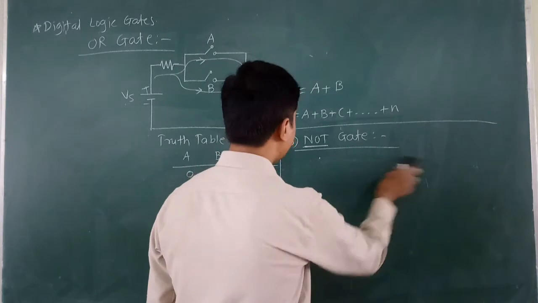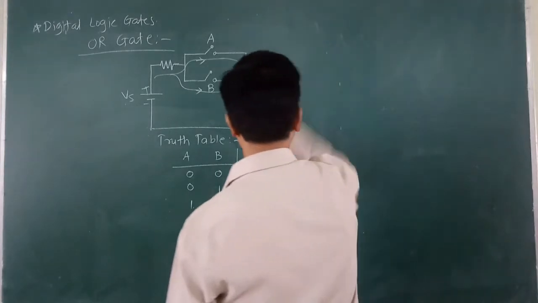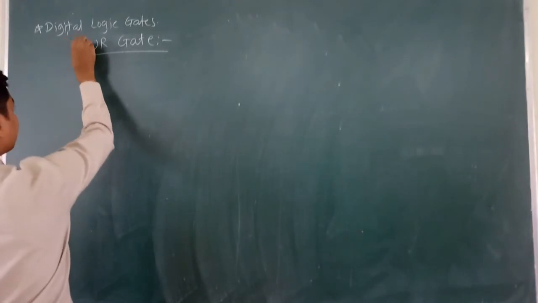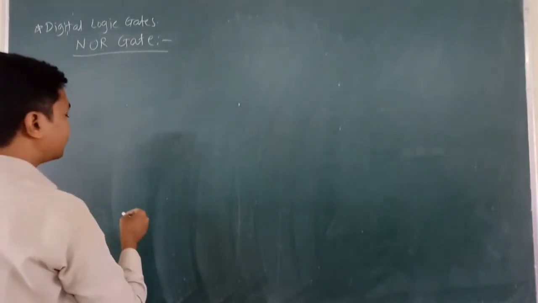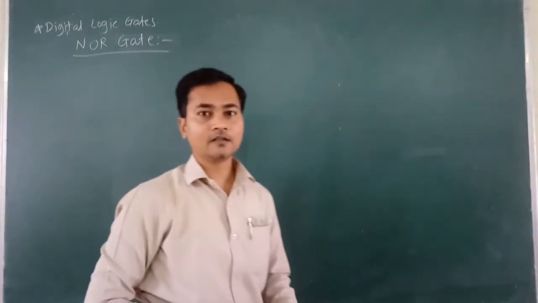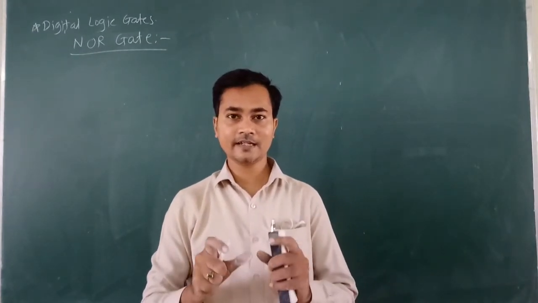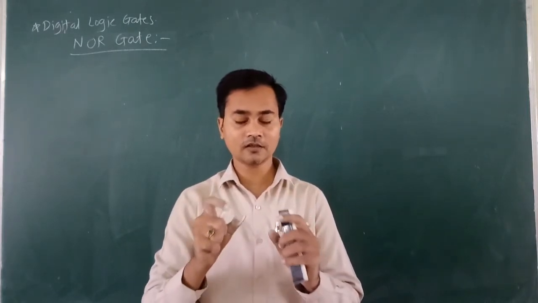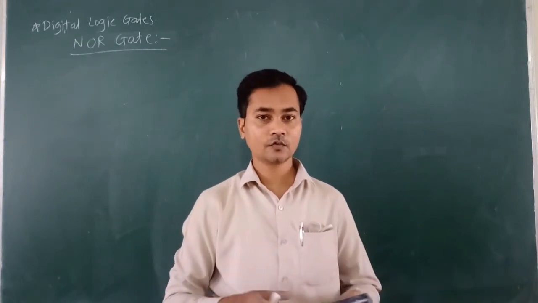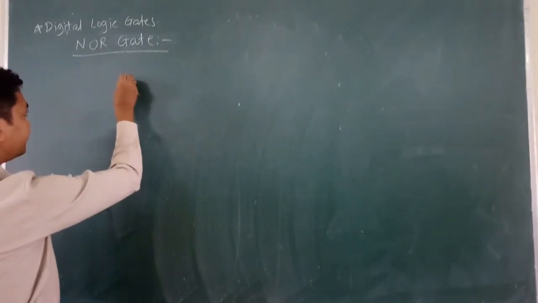So let's see the fourth gate, that is NOR gate. We have already seen the OR gate, and what I told you is that whenever the NOT gate has to be implemented, all the switches will come across the output Y, or the bulb. So the NOR gate can be implemented using, again, suppose